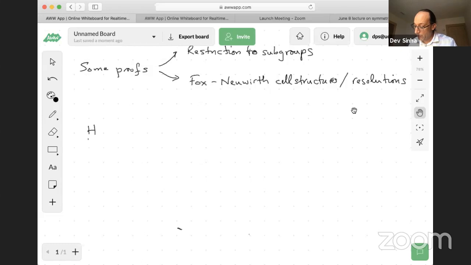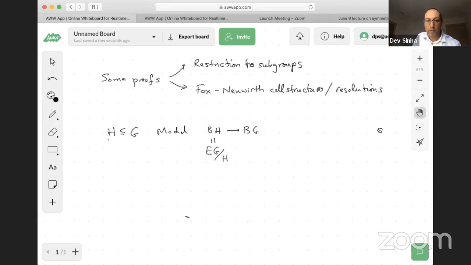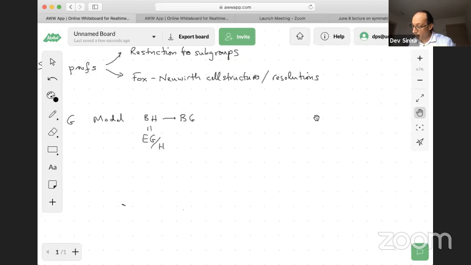So if I have a subgroup, then the simplicial model is functorial. So I could use this, but I'm going to model this map from BH to BG as a covering map, because I can just use the same EG as I had for G, but now take the quotient by H, and that's another model for BH. And then let's note that in general, if I have a covering map of Y, say, over X, and it's finite sheeted,